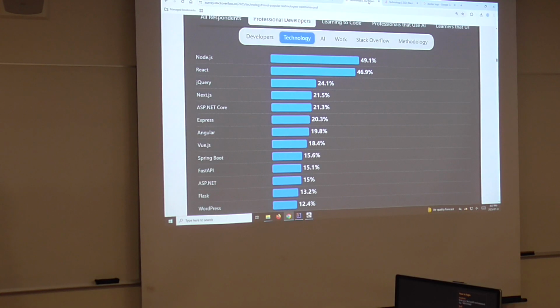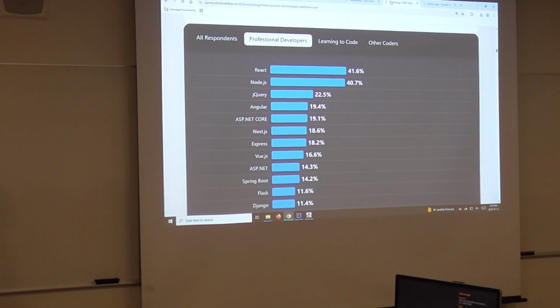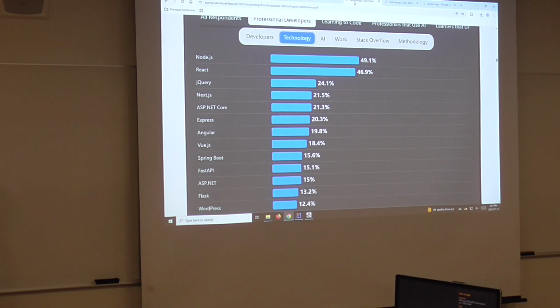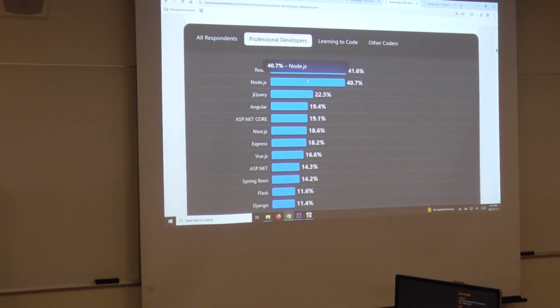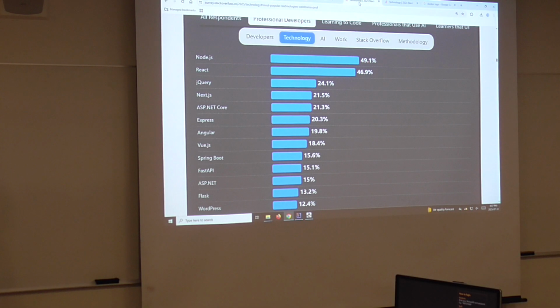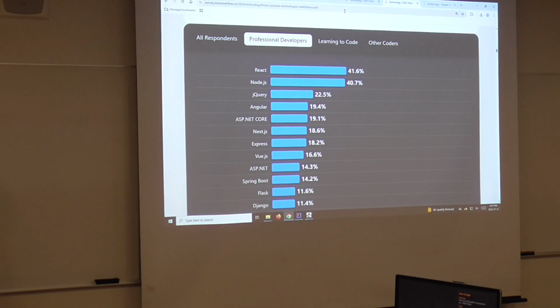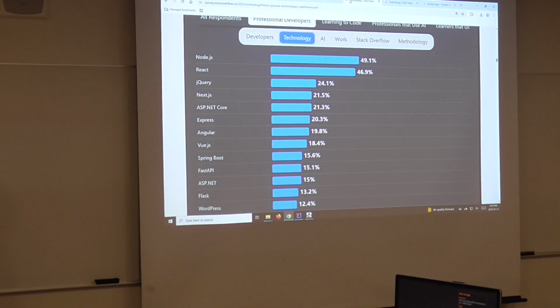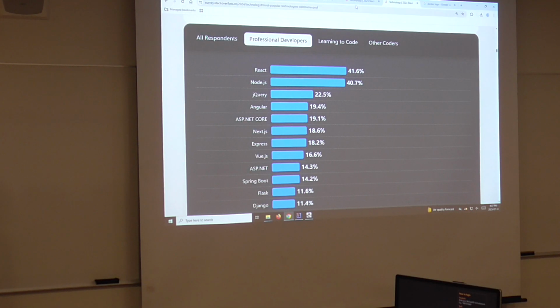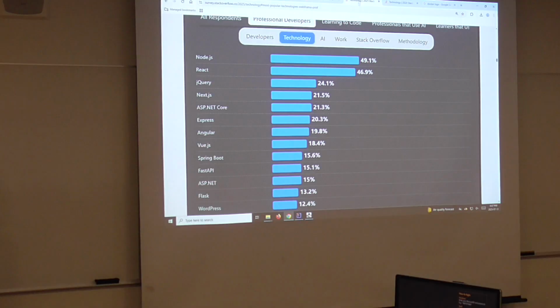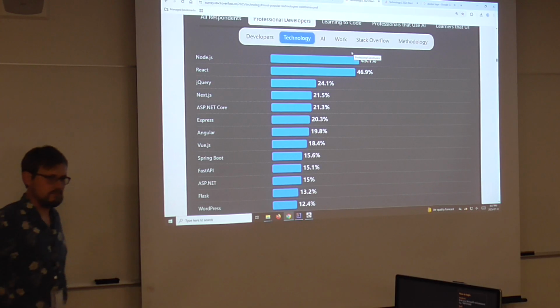jQuery is actually up, that's surprising. Yeah, so otherwise things seem to be fairly stable. But Spring Boot has increased, it seems, a little bit. So yeah,